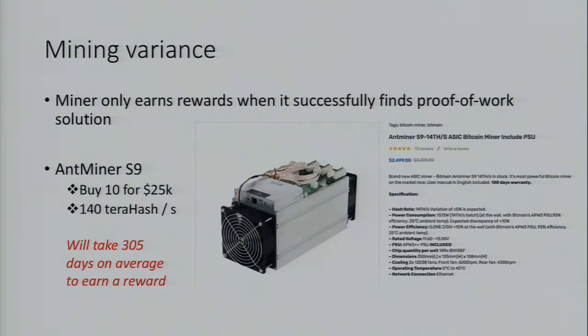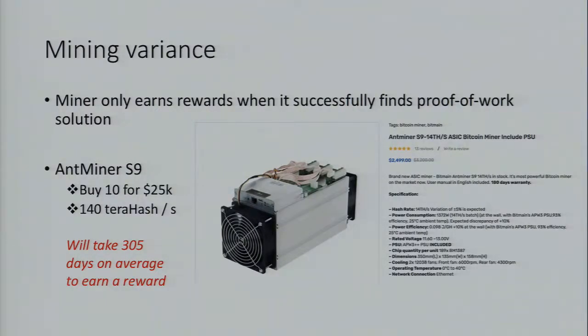And so if you were going to try to mine today, you could go on Amazon, you could spend, say, $25,000 to buy 10 of these ASICs, these specialized hardware devices that have been optimized for mining Bitcoin. And you could acquire a hash rate of 140 trillion hashes per second. But even so, in the current state of Bitcoin, it would still take you on average 305 days to earn